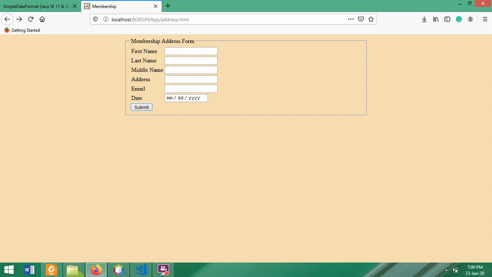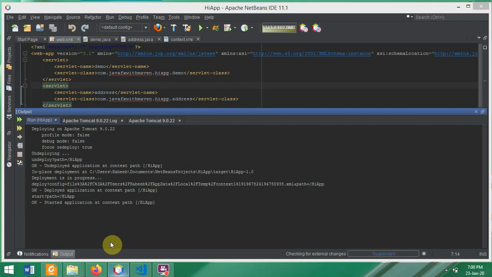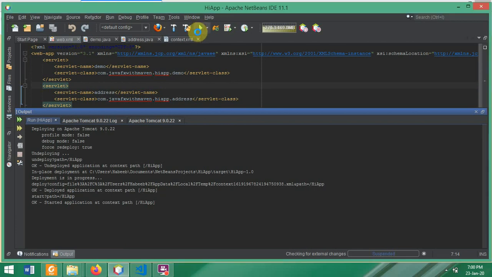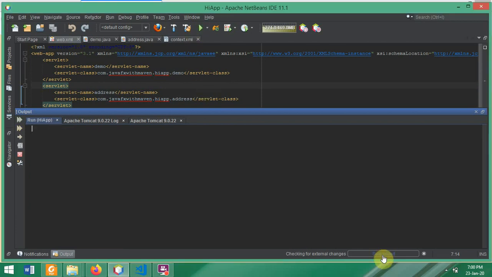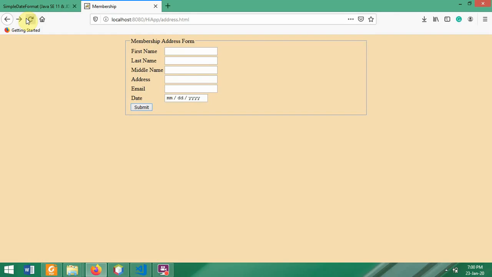So let's just redeploy and okay, come on, NetBeans. Oh god. Let me quickly redeploy again. Can you see, suspended, checking for external changes. This is what is actually delaying us. It has not affected the change we made. So let's just assist it by redeploying once and for all. Okay, so let me come here again, refresh, and let me submit. Okay, now